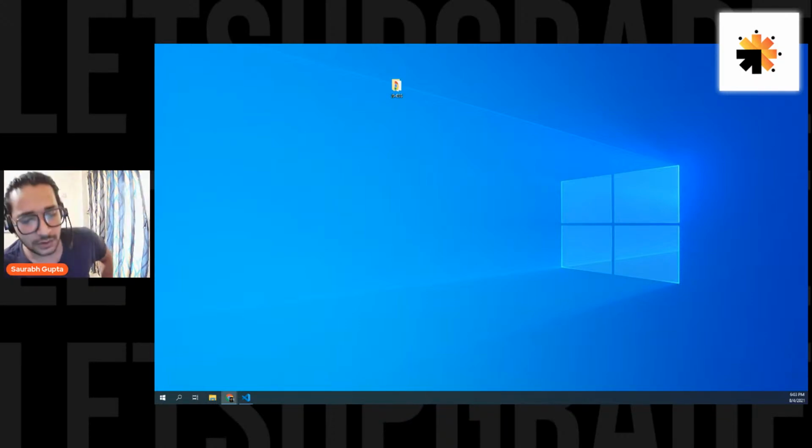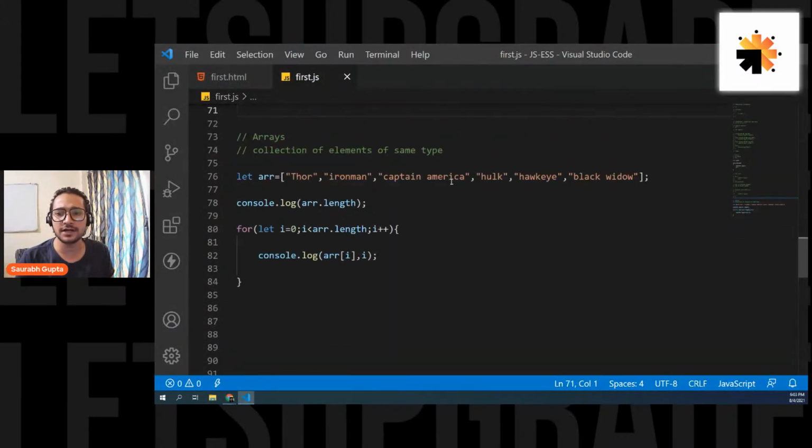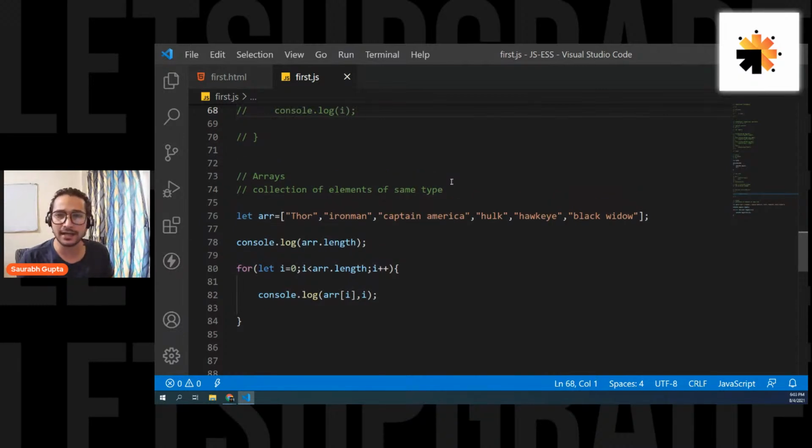Okay. So guys, let's start with today's session and let's open our VS Code. And here we go. This is where we finished off yesterday. Basically, we learned how to create an array and how to print all the values of that array using the loop. Today we will start with something called objects. Then we'll try to mix arrays and objects, and use loops to run and print them. After that, we'll start with DOM manipulation. So we have a lot of things to cover today. Let's get started.